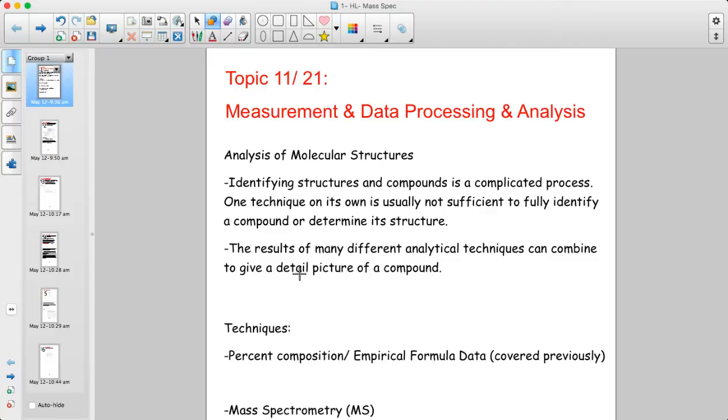Okay, this is going to be the first in a series of videos that wraps up topic 11/21. The topic is on measurement and data processing as well as analysis, so analytical chemistry. As we're going to look at it right now, it's going to tie in very closely with the organic chemistry unit, and we're going to be looking at some different analytical techniques that get used to analyze what a molecular